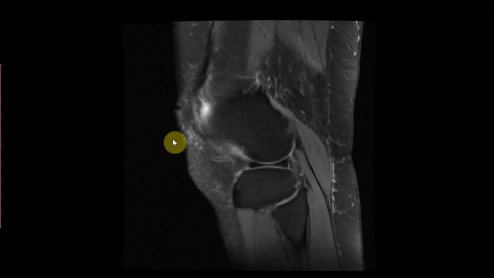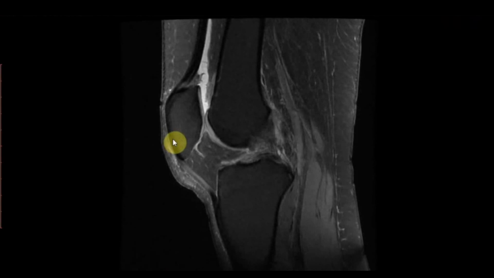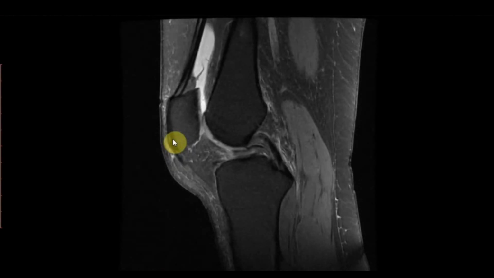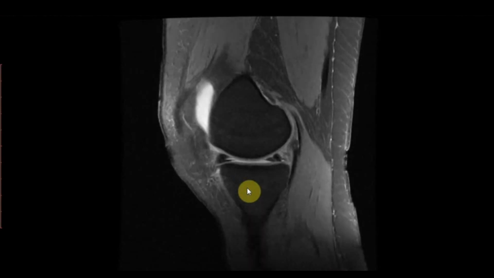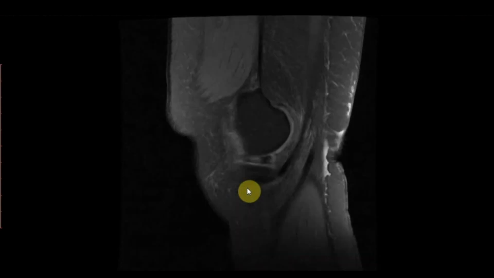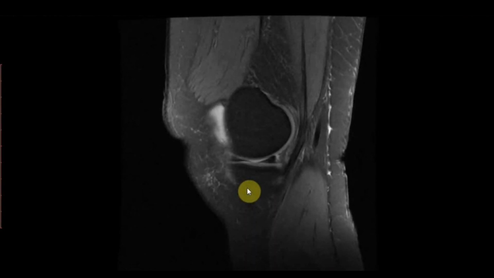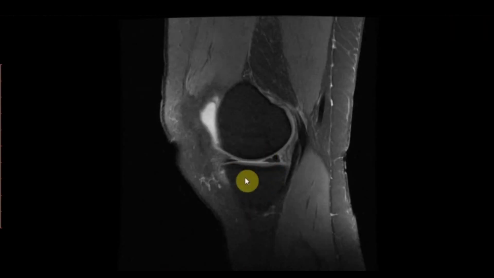So this is a case of a 39-year-old female, and there is ACL rupture in this case, and we can see anterior to the posterior cruciate ligament there is some meniscal fragment present here. Let's trace it. So this is the medial meniscus, and as we can see in the peripheral sagittal section, there is no characteristic bow tie appearance of the medial meniscus. So there is loss of meniscal tissue here,